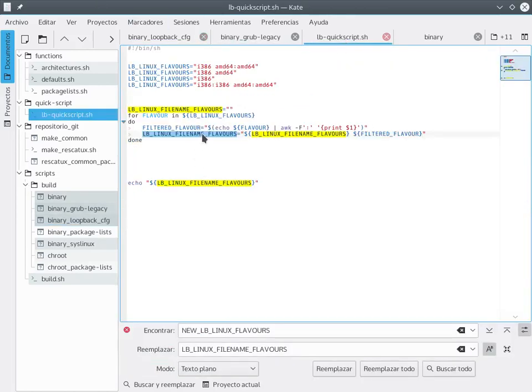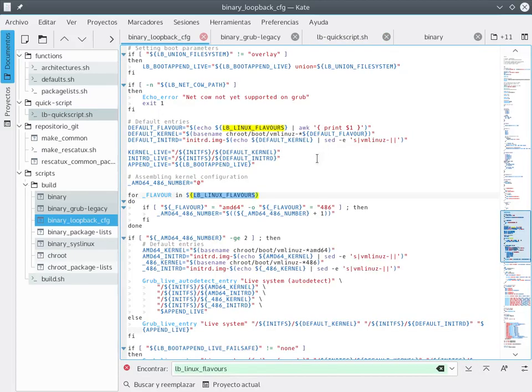So I'm going to copy the new variable, and I'm going to replace these two variables here. Okay. So here it is. Now it makes sense. You know what I mean? So the next thing to do is to,